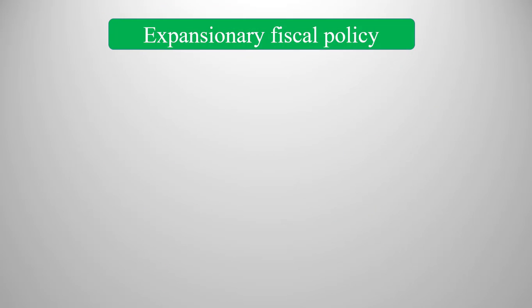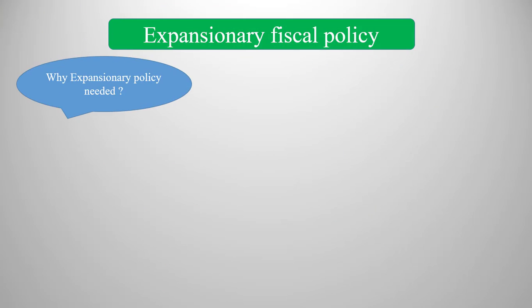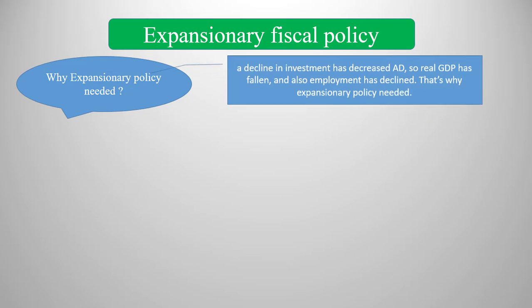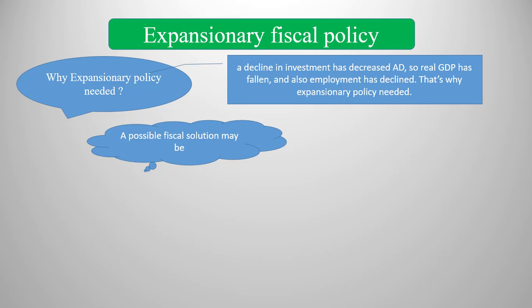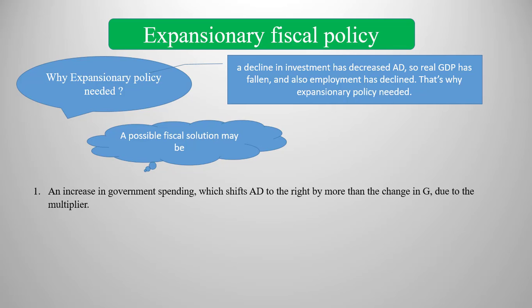Expansionary fiscal policy. Expansionary policy is needed when a decline in investment has decreased aggregate demand, so real GDP has fallen, and employment has also declined. A possible fiscal solution may be: 1. An increase in government spending, which shifts aggregate demand to the right by more than the change in government spending,